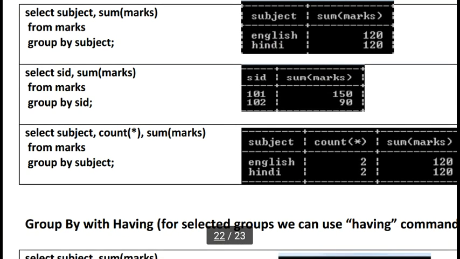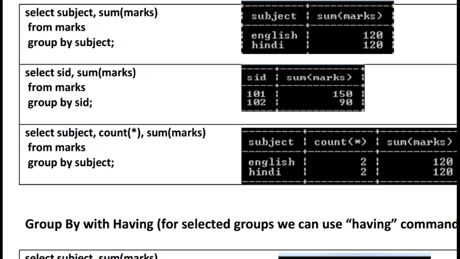Here we can also count the total number of rows in each grouping basis. Okay. So you can see select subject, comma, count in bracket star, which means each and every column value will merge, and it will also count how many rows each and every group will store.